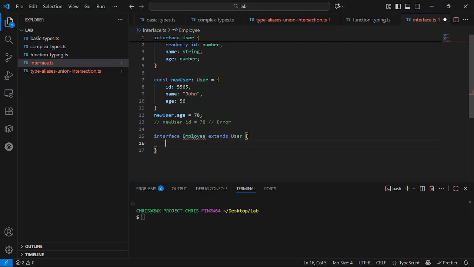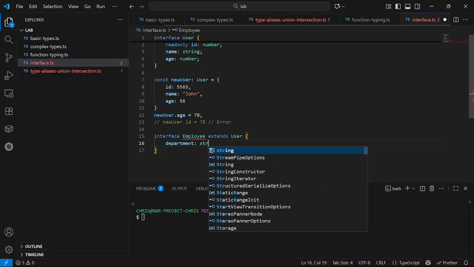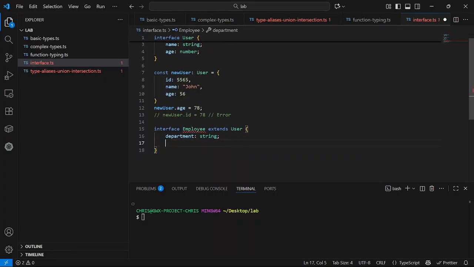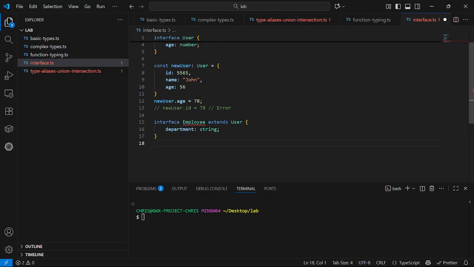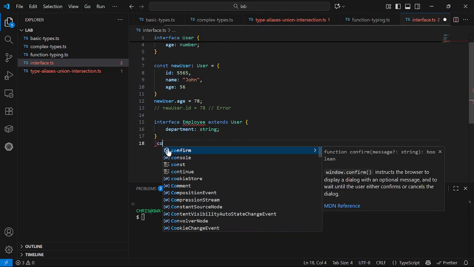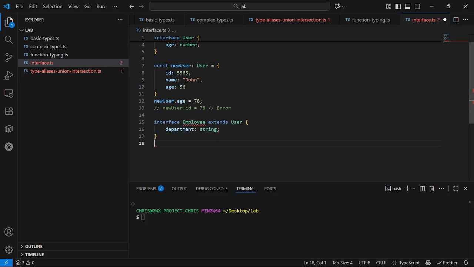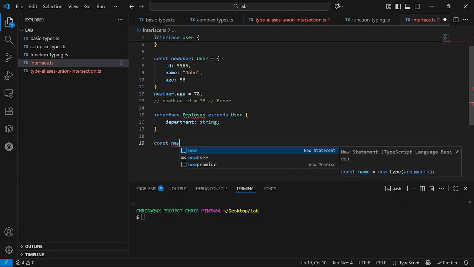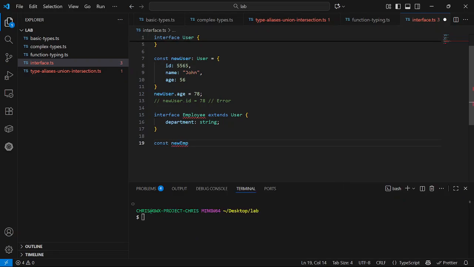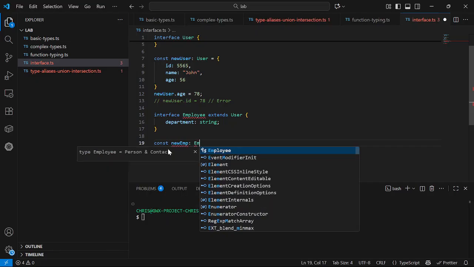So if I do something like departments, sorry, now if I define something like a new employee of type employee,